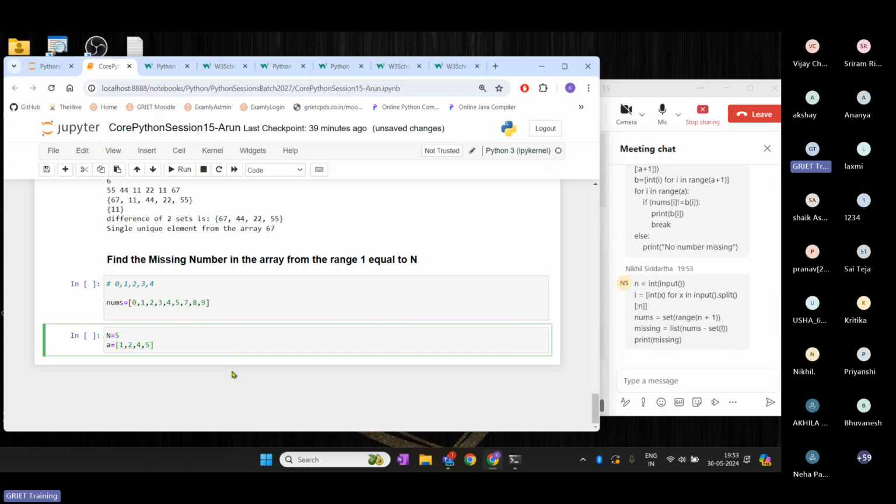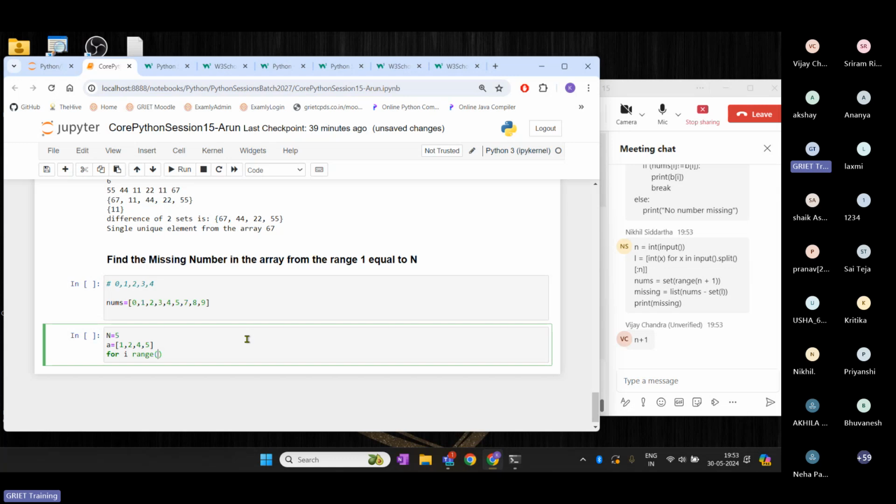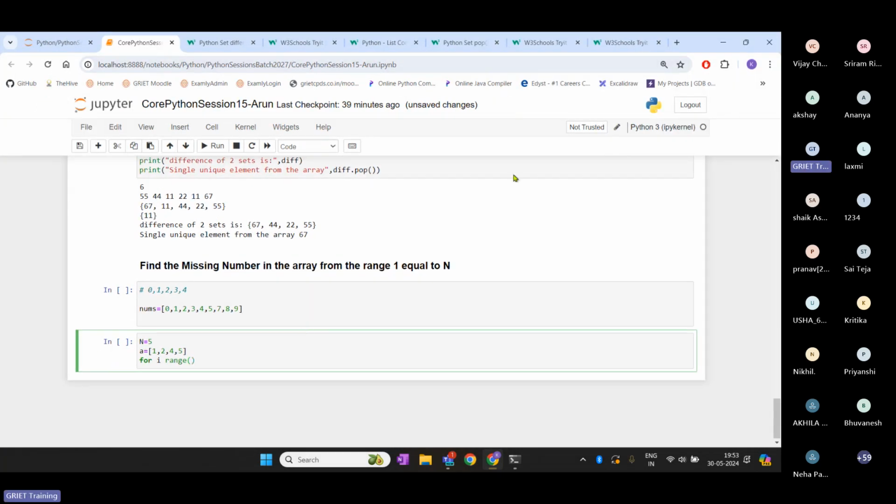As you can see here, it is visible directly that 3 is missing, but the program has to do that task. For this, the basic approach is that you have to traverse the list, correct? Now, when I say 1 to n, equal to n means including that number. So when you are going for that range, you have to,